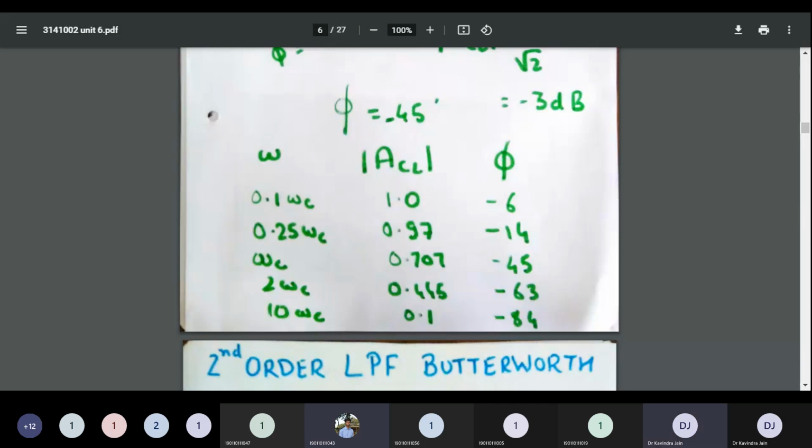Okay. Now all of you please listen. In your control systems you have already used semi-log graph paper. Do you remember that semi-log graph paper? Yes, sir. We need to plot the first and third column of this observation table in the semi-log graph paper. That is decibel versus hertz in graph paper.